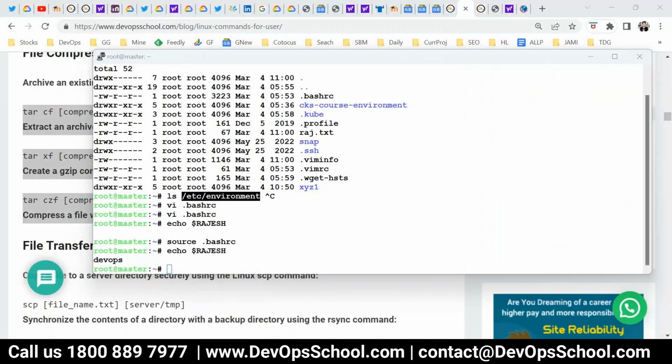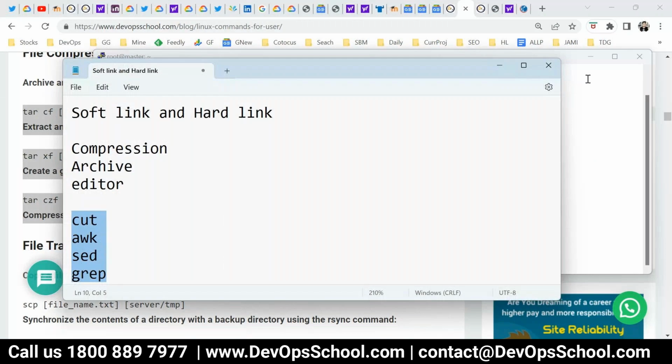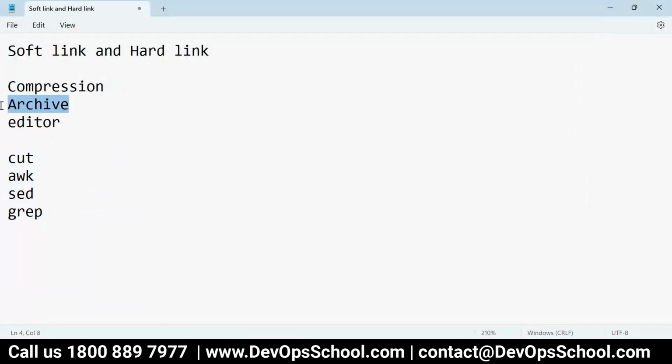Here there is one concept called archive, and there is one concept called compression. Can someone help me define the difference between these two? Actually, compression means we compress the file in terms of size.